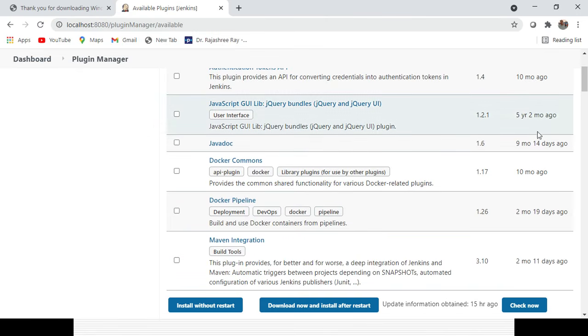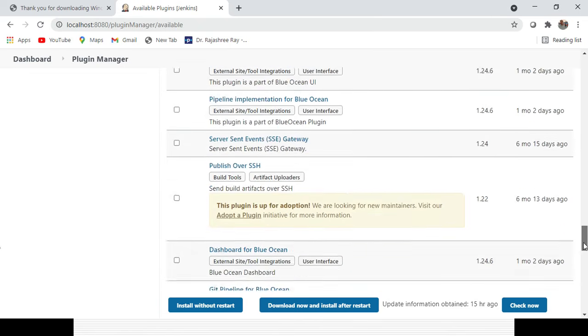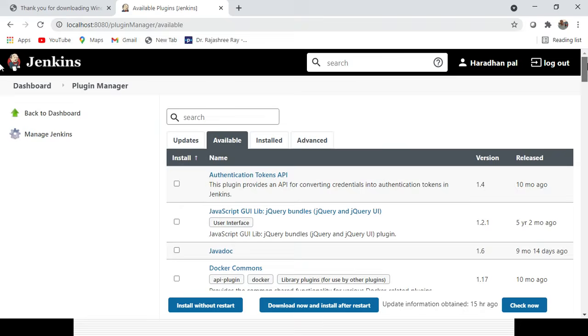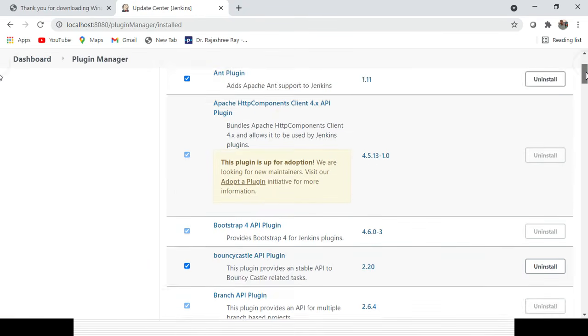In case you still want to add something, you can install those from the available tab, and you can search. Whatever is already installed here, you can find in the installed tab. You can see this is already installed.